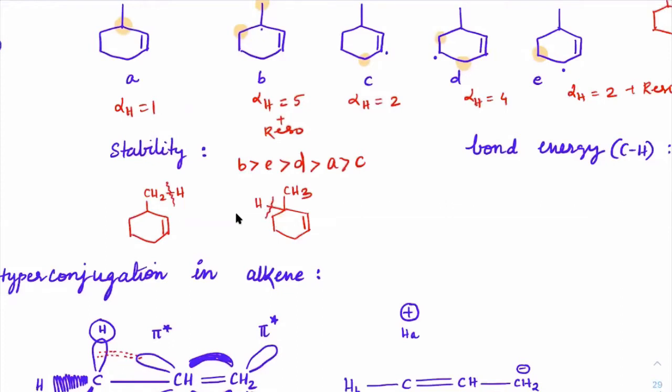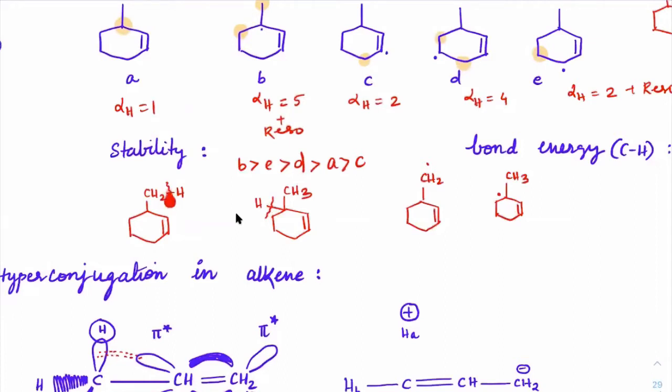energy is required. Since I don't know at this particular structure how to discuss it, what I will do, I will check out their respective product after breaking. After breaking, you know that this will become CH2 dot radical and this will become this CH3 radical here. This is how they will become after breaking the carbon hydrogen bond.